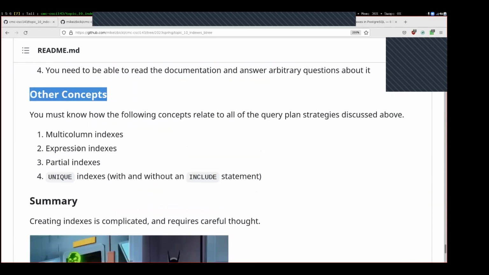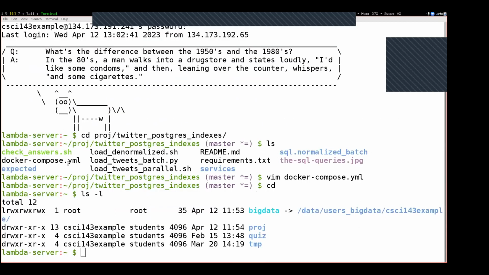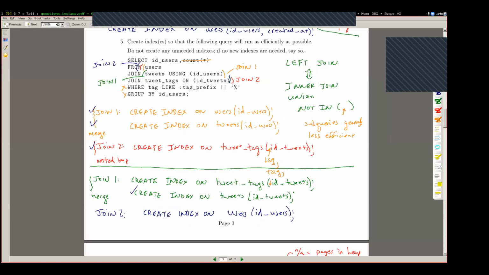Last concepts down here. So we've talked about multi-column indexes. An expression index is an index with a function in it. We've talked about that. Let's talk about partial indexes next. What is a partial index? Let's come back over here and